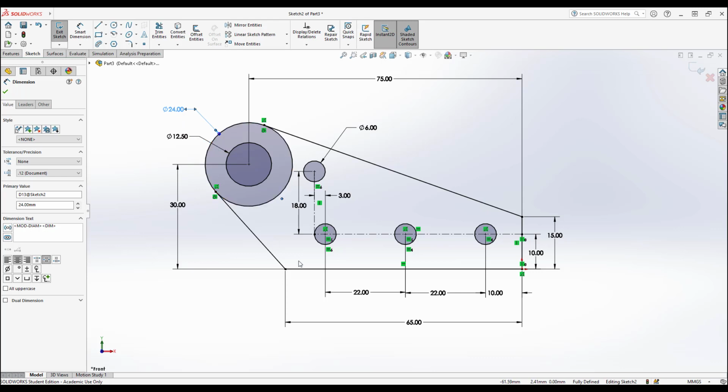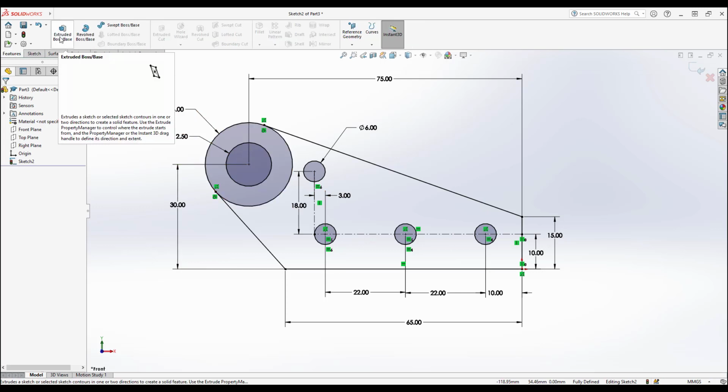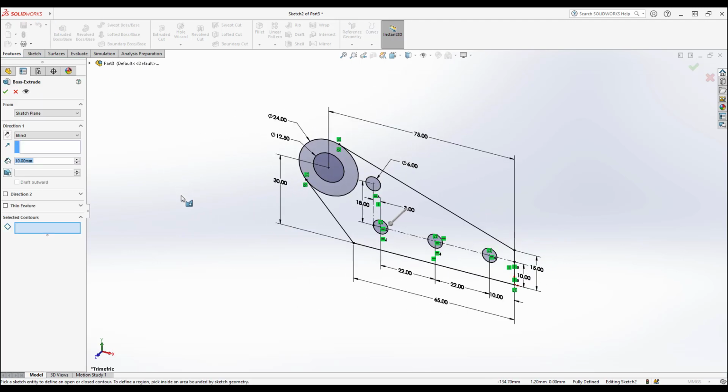So at this stage, I've completed all my geometry. One part of you is going to say you should trim this out to make it look exactly like the part, but I don't need to. I have all my geometry. So I can go to my Features tab, select Extrude. It rotates into an isometric view, but it doesn't automatically extrude anything because it doesn't know what you want. But you'll notice that the Selected Contours box